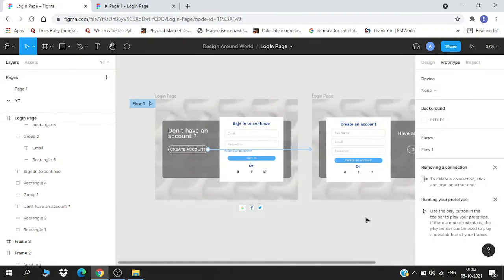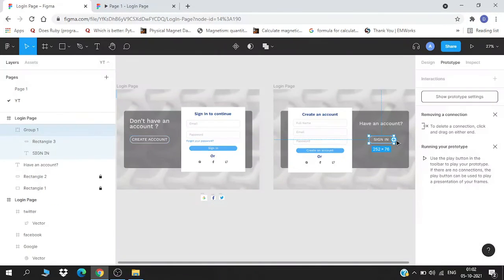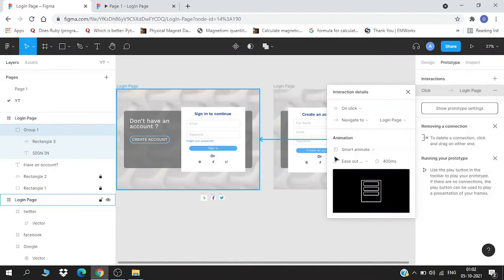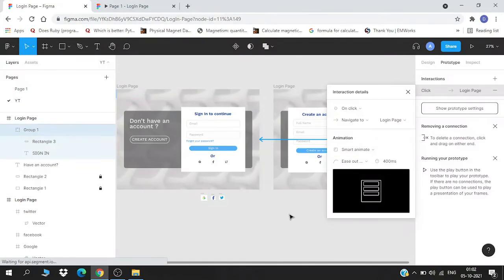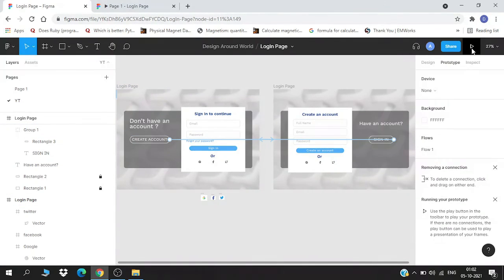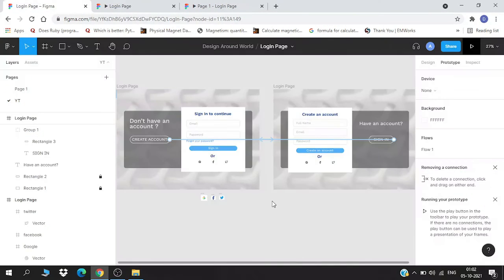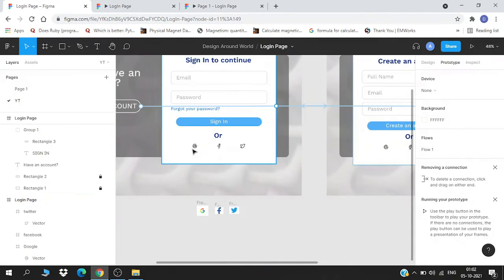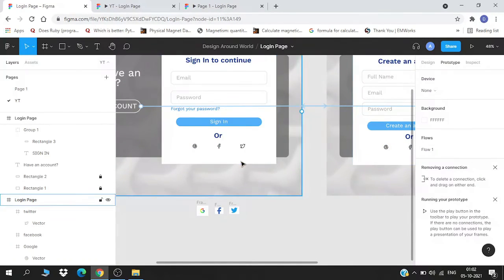Okay, and we will do the same with sign in. Yeah, it is already, the settings are the same. So let's check out the prototype. We will do these two. We are left with this one. I am not forgetting it.